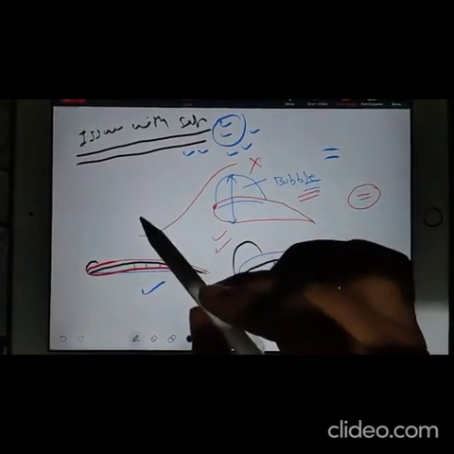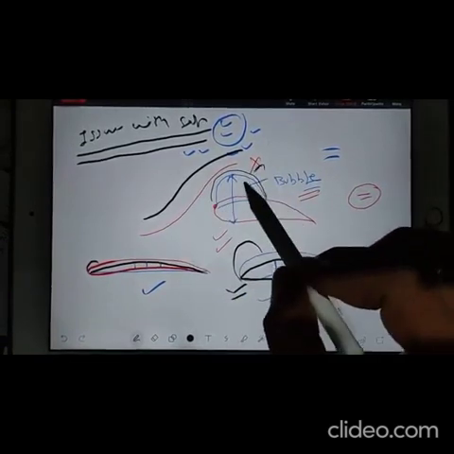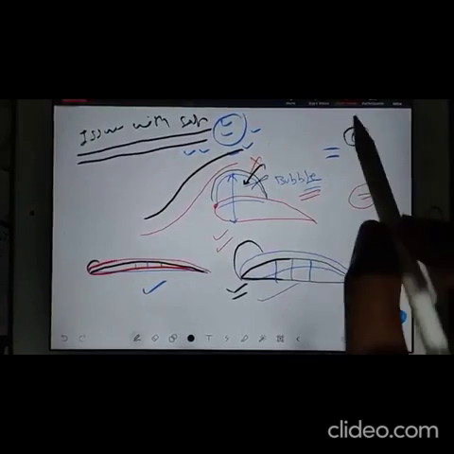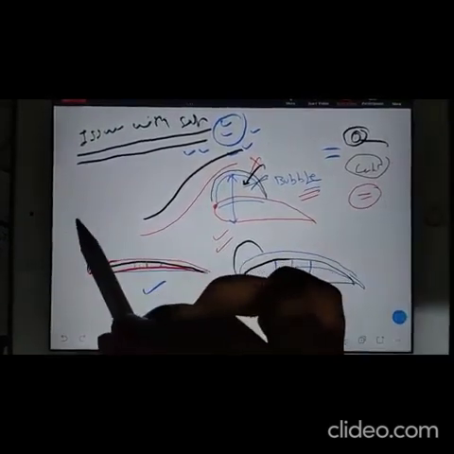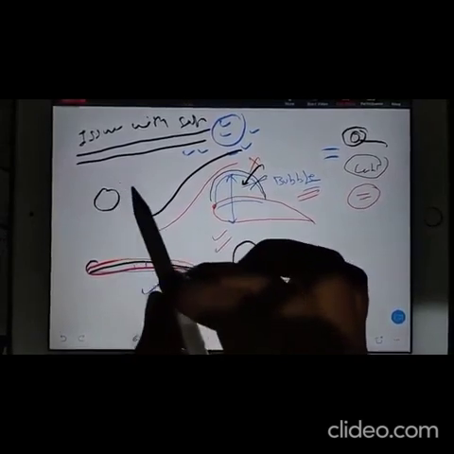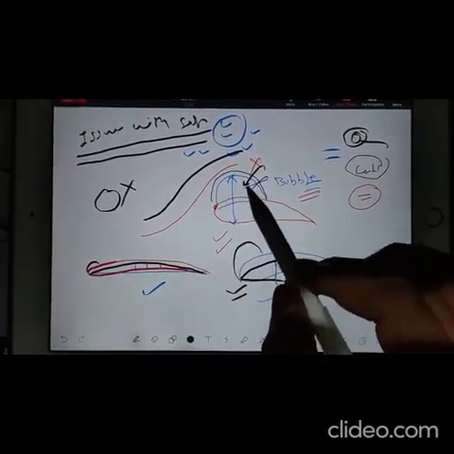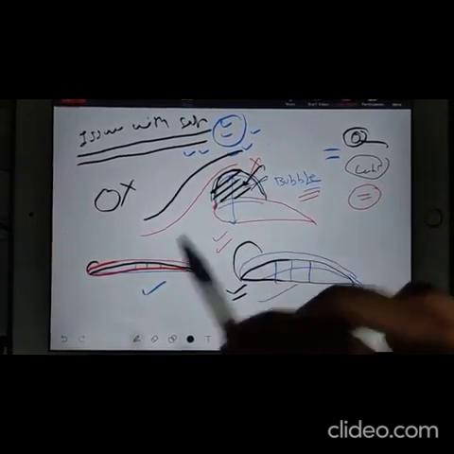Separation, like when the air will separate, you will feel like a bubble. Actually, there is not any bubble. Actually, bubbles you see in the water. What is bubble? Lack of water. In the water bottle or anywhere, whenever you see bubble, actually what is bubble? Bubble means in that zone you don't have water. In same way, here we are talking. In this much zone, perfectly you will not be having air.